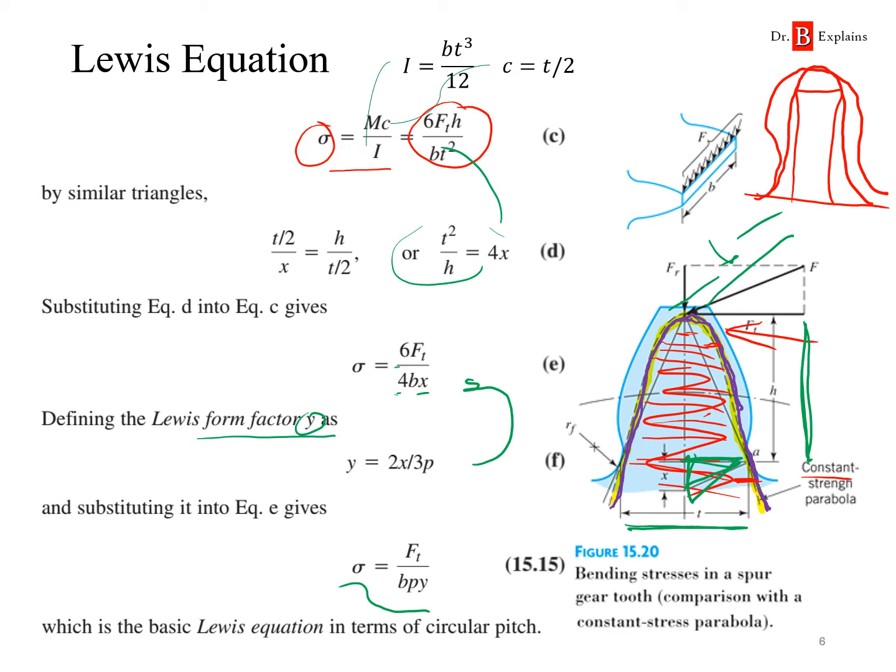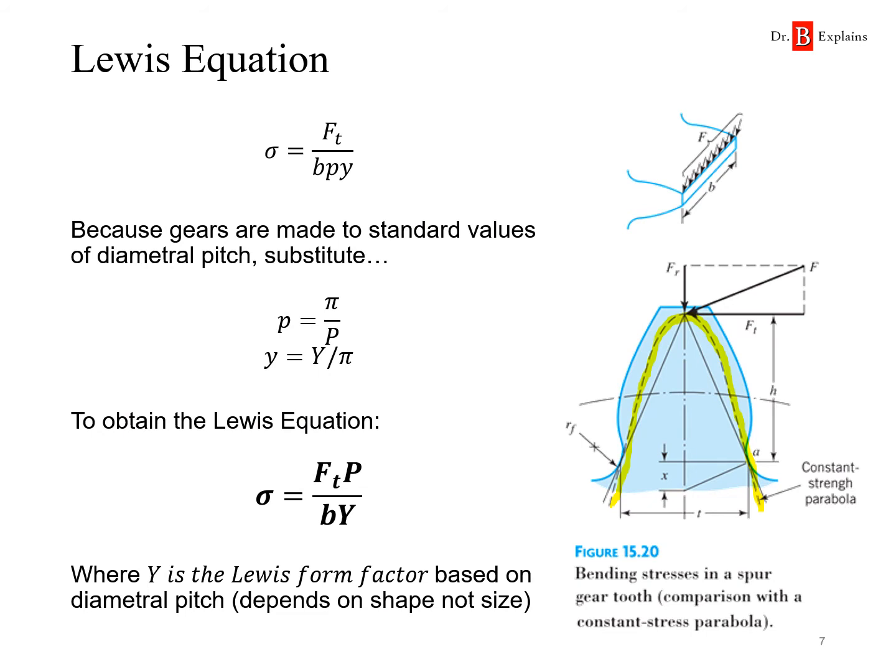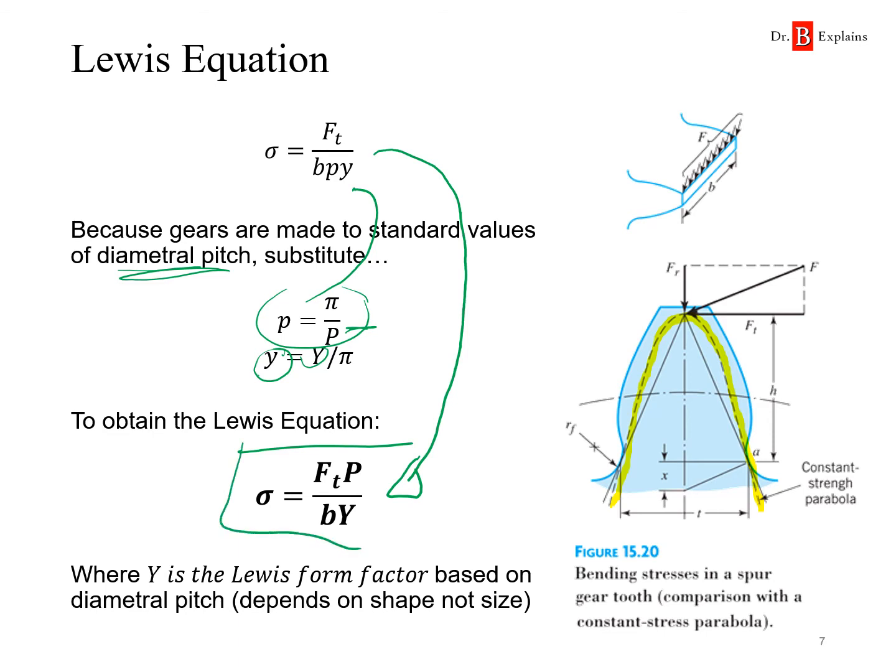Okay? Where little p is going to be the circular pitch. Now, because gears are made of standard values, meaning they have standard geometry, diametral pitch can be used. We know that diametral pitch, which is big P, is related to little p by this equation. So putting this in for big P, and then this expression for little y, which is just big Y divided by pi,